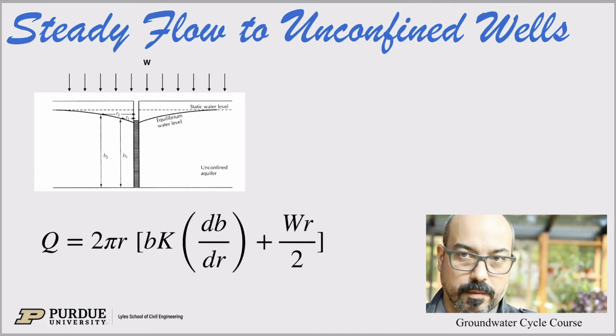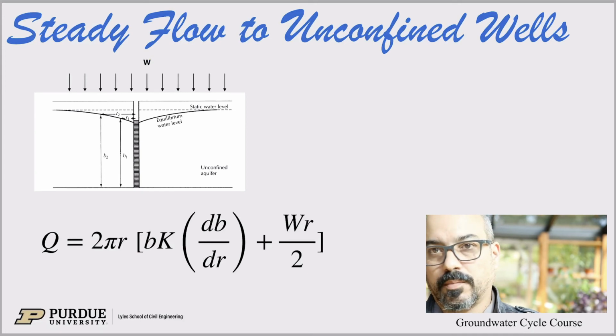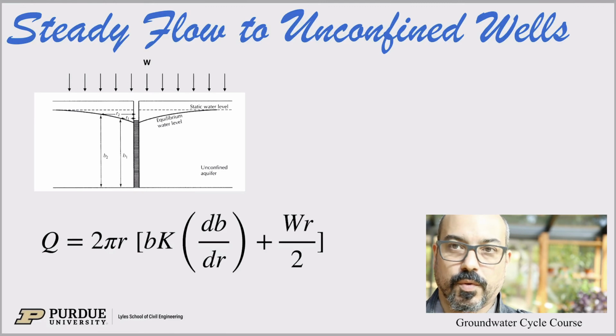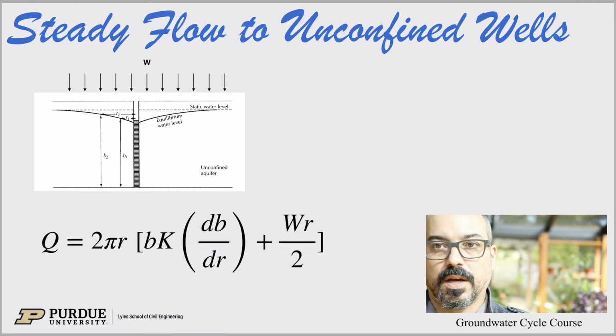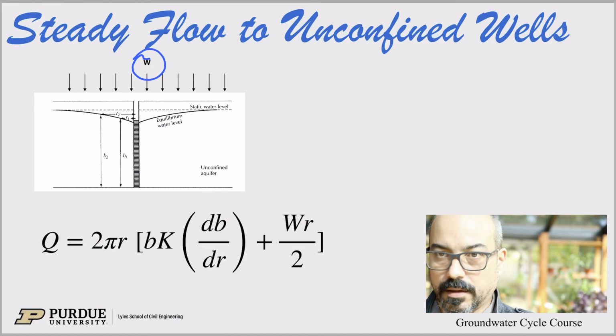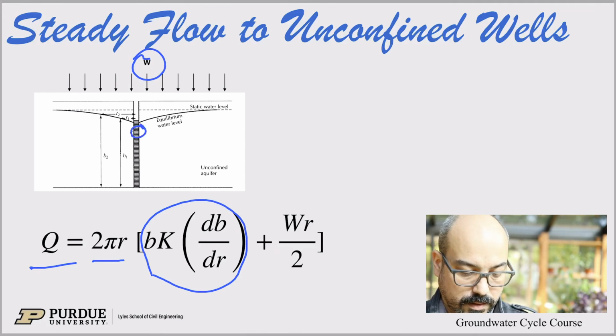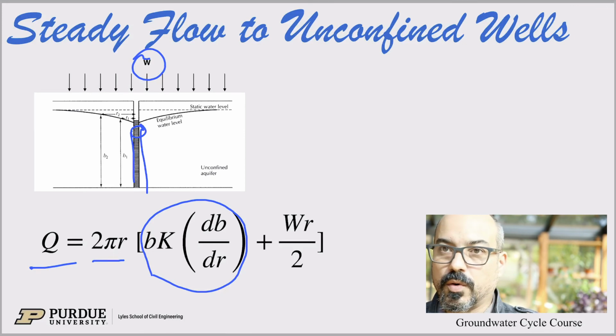So remember in our previous course when we did the pipe drainage problems, for example, or something with a recharge, basically if you have rain on the land, now we have a recharge to the aquifer, and that changes the makeup of that problem. So what happens if you have rain now, right? So if you have a source. So again, you take the same mass balance equation. So you have the 2 pi r, and this is the equation we had before. So 2 pi rb is that sleeve area around the well, and this is where the water flows into the well. Now think that for the recharge